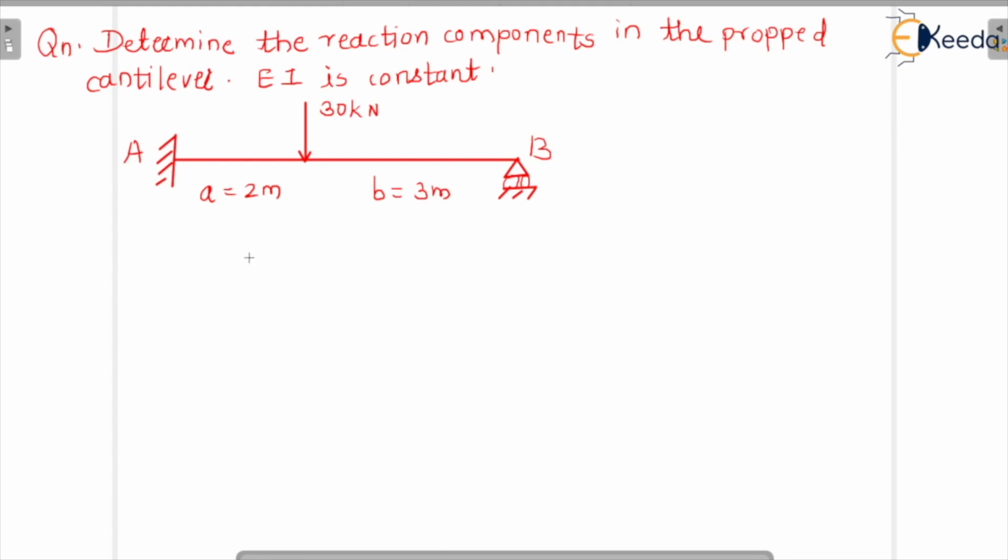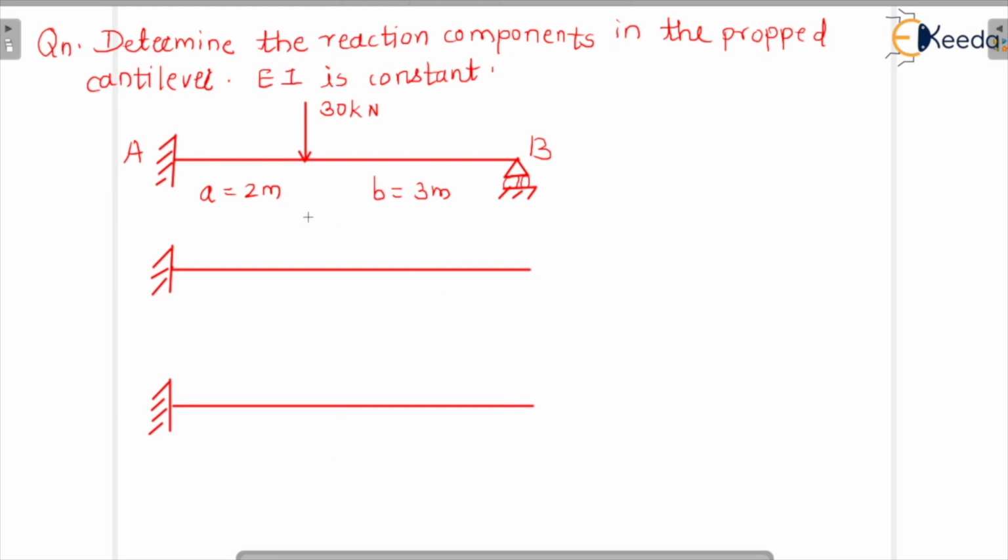Now let us see how we consider. Let us convert this beam. Let us consider a determinate beam subjected to loads first. So first we'll see the load component and then we'll again draw a figure which is the determinate beam subjected to redundant force. So let's draw. Here we are going to consider a load factor and then the next we are going to consider a redundant force. Now here a load of 30 kilonewton is acting.